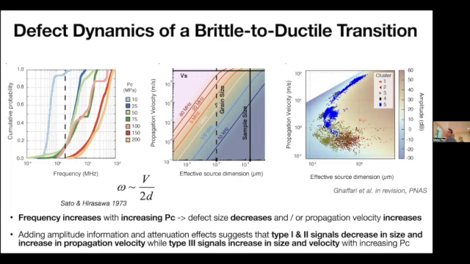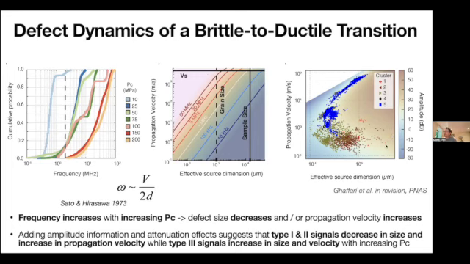And we can use one more additional piece of information to constrain a little bit more where we are in this space, and that is the amplitude of the individual events. So if we add the amplitude information and account for attenuation, which is much more significant, of course, for higher frequencies, then we can see that